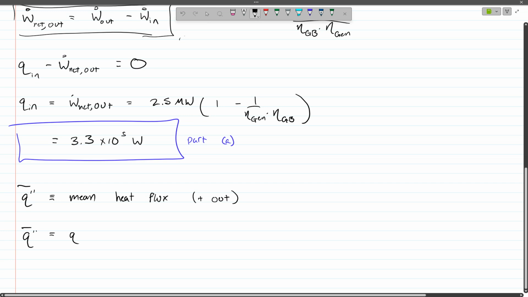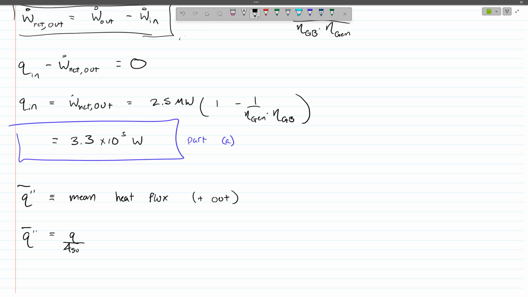It is equal to Q divided by the surface area. We're going to put a negative sign in front of that for the simple reason that this should be signed positive for flow out, and this is our Q in. So we're just going to put a sign on that. So it's Q out over our total surface area, which is